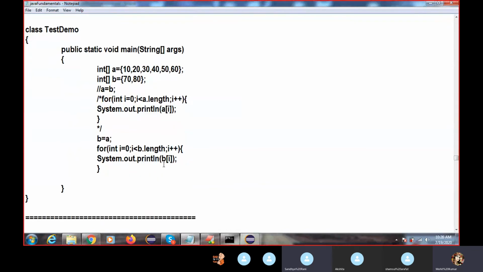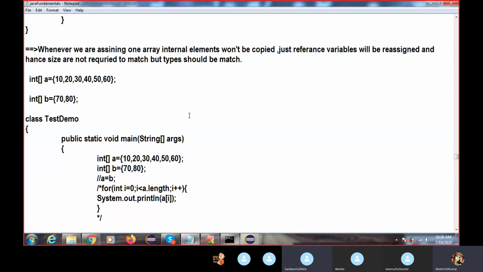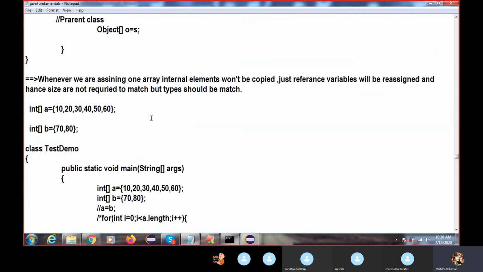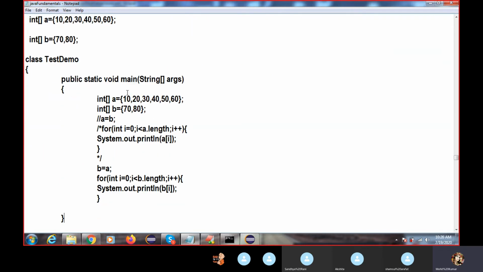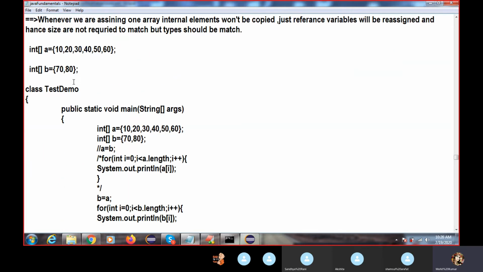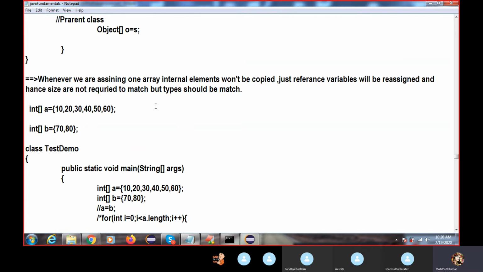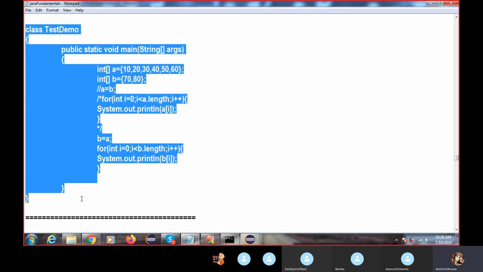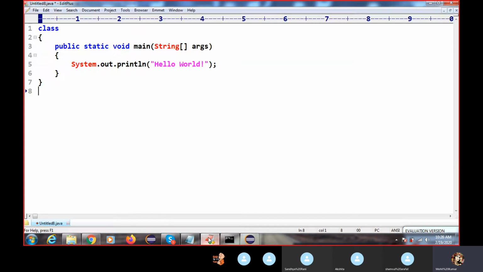So don't think like that; both are important. For your interview, Java is much more important, and after joining the company, you have to work on Selenium. So both are important from your point of view. But other testing courses do not teach much Java; within 45 days they will complete the Selenium course.